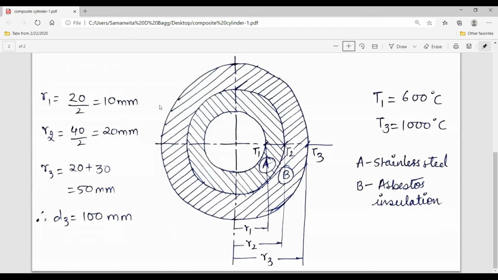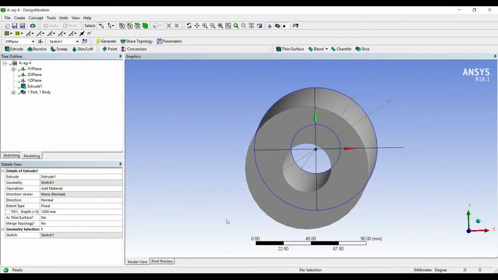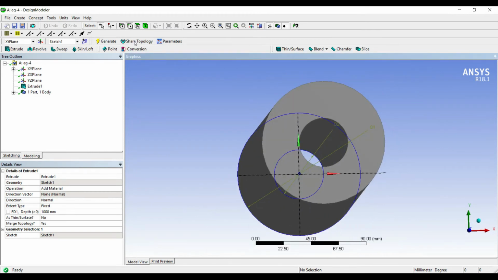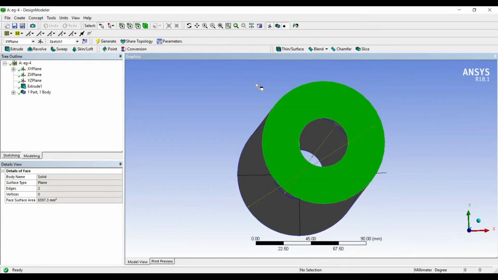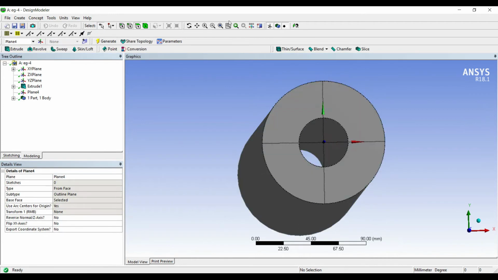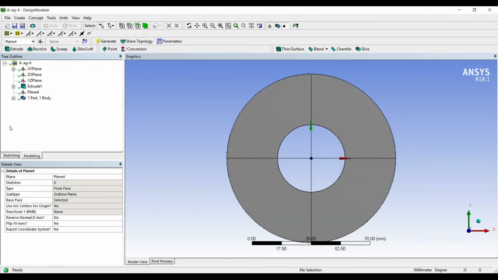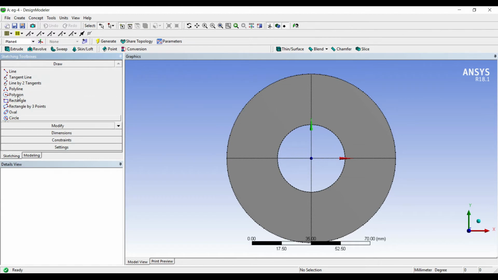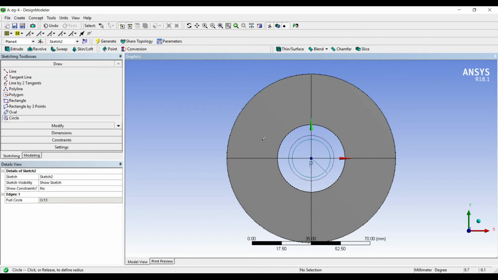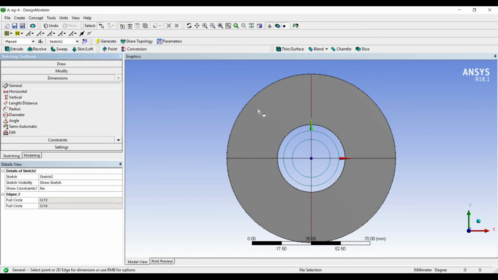Next I'll have to draw this inner portion. So this value is 40 and this inside value is 20. I'll select this face, new plane, generate, look at. I'll go to sketching. I'll draw two circles again. I'll go to dimensions.